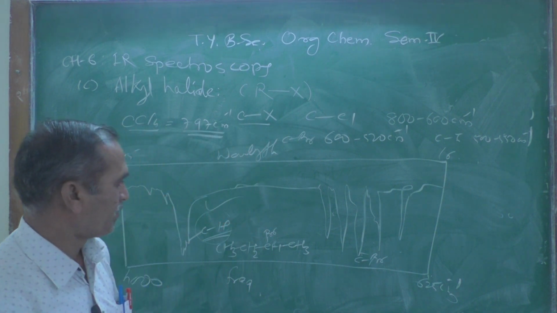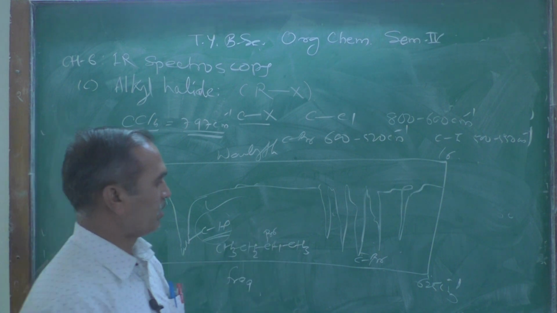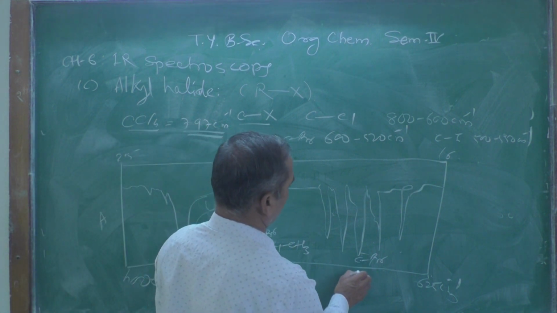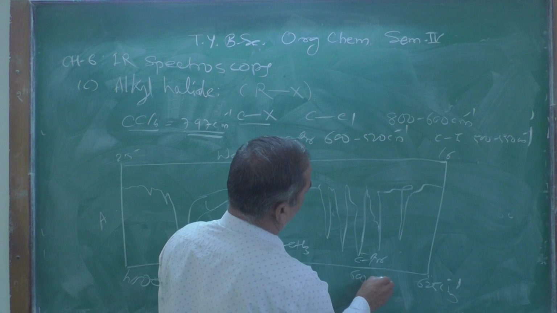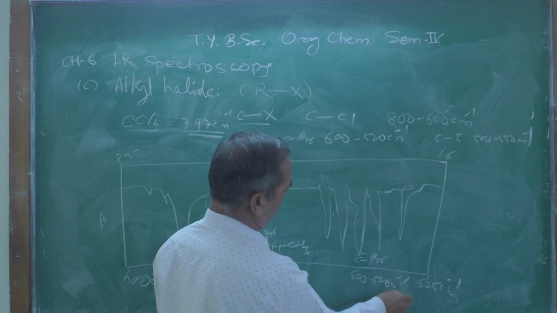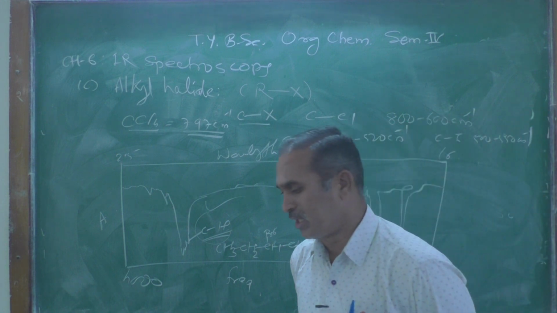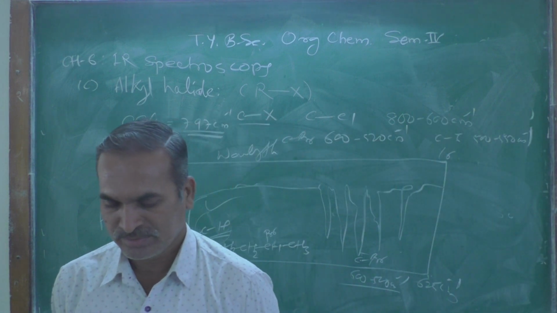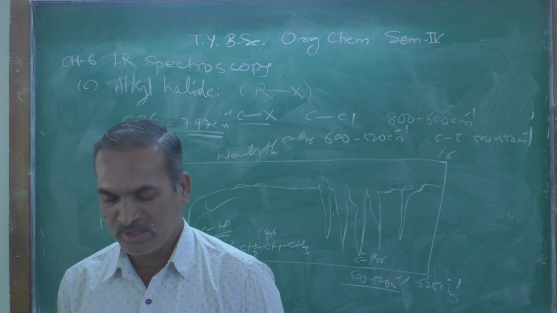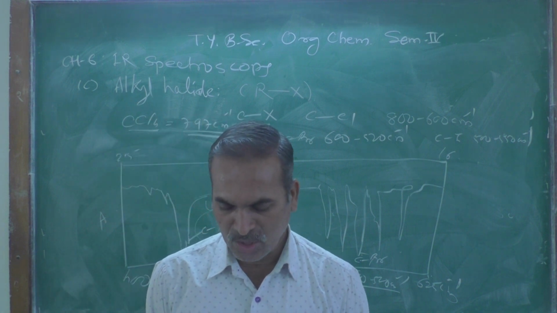And here the peak observed around 600 to 500 per centimeter clearly indicates the presence of a bromine atom in the organic